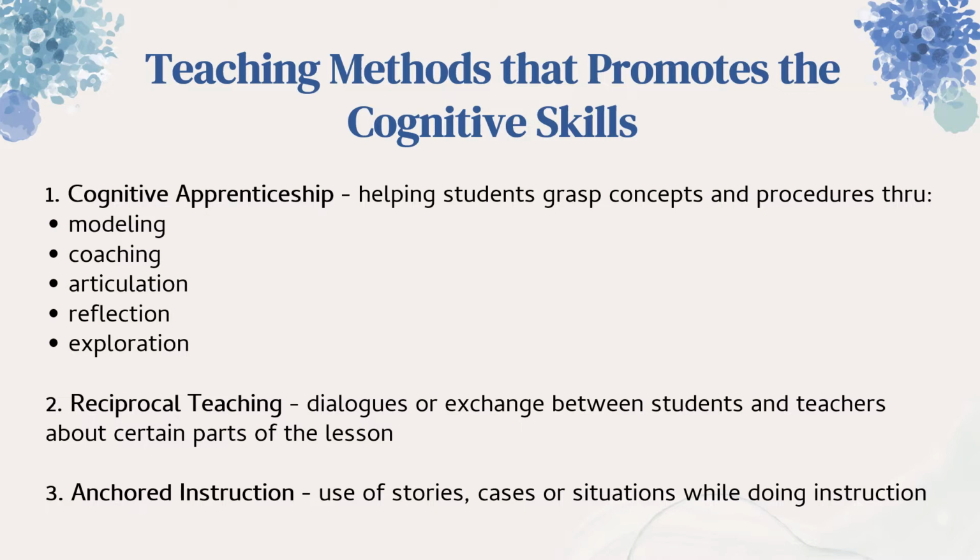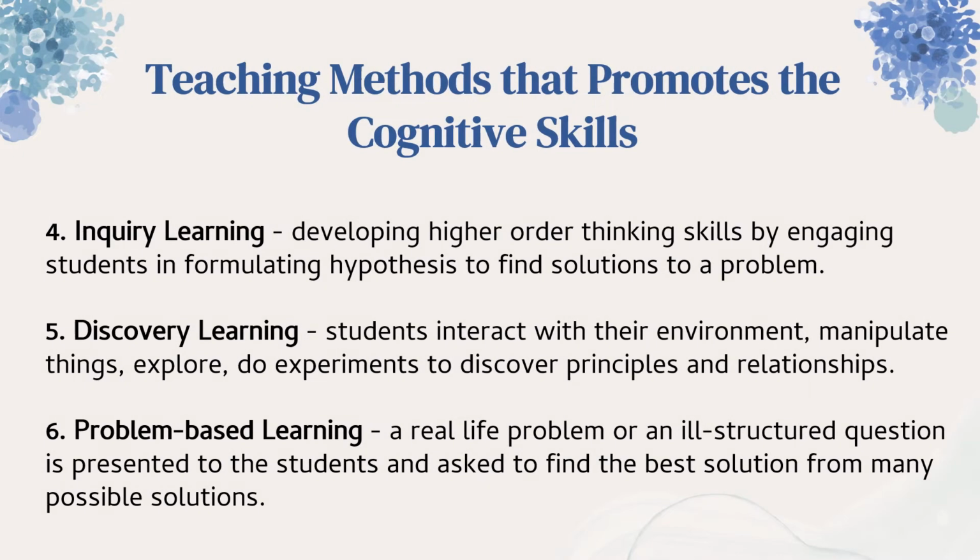Number 2, reciprocal teaching. It talks about the dialogues or exchange between students and teachers about certain parts of the lesson. Number 3, anchored instruction. The use of stories, cases, or situations while doing instruction. Number 4, inquiry learning. Developing higher order thinking skills, or HOTS, by engaging students in formulating hypotheses to find solutions